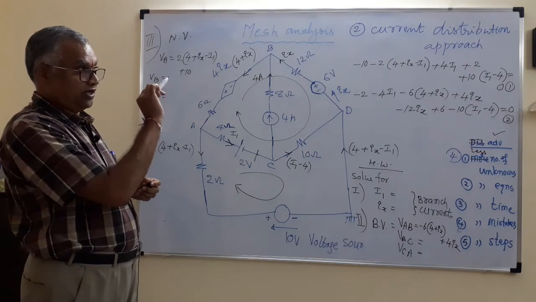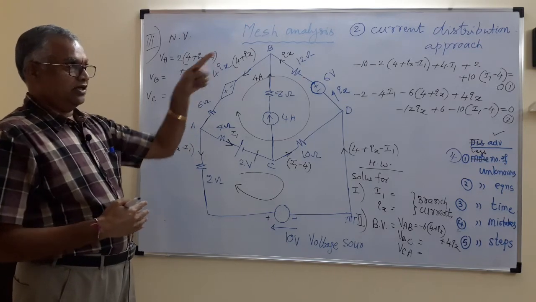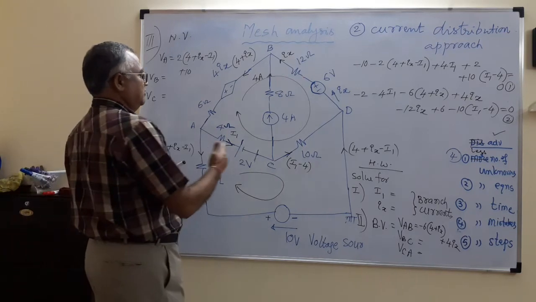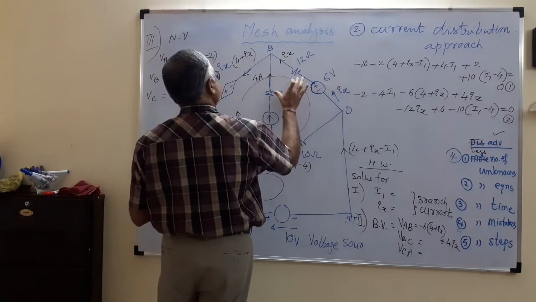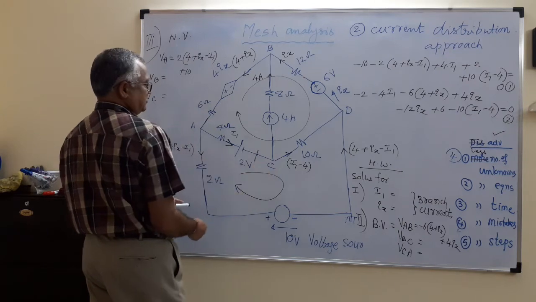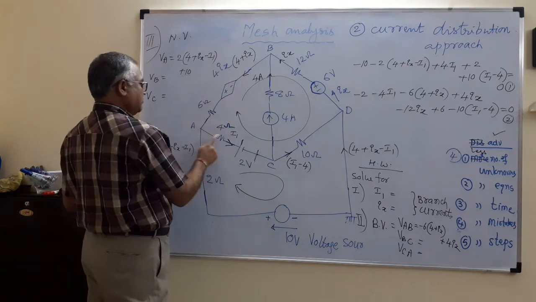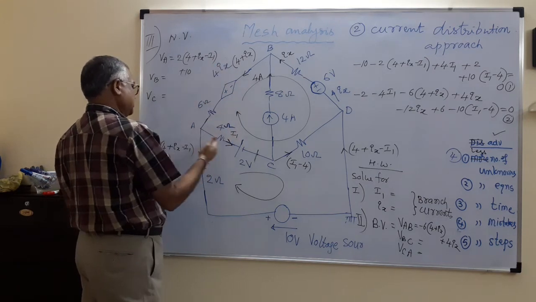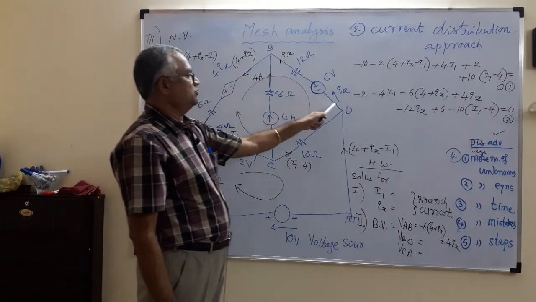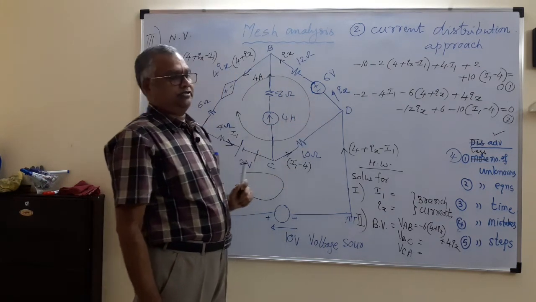Don't get confused between current distribution and current division. Current division is used when they are in parallel, but here it is current distribution. Of course, it is based on Kirchhoff's current law, because this current is 4, this current is Ix, these two added up are coming, na. It is based on which law? Current law. That is again dividing, not that current division. They are not parallel. But some current I1, if I assume this is I1, this minus this has to flow here, na, to satisfy current law. But the only important precaution is that when you started here with Ix, see that you are coming to the same branch with the same current. That's all.